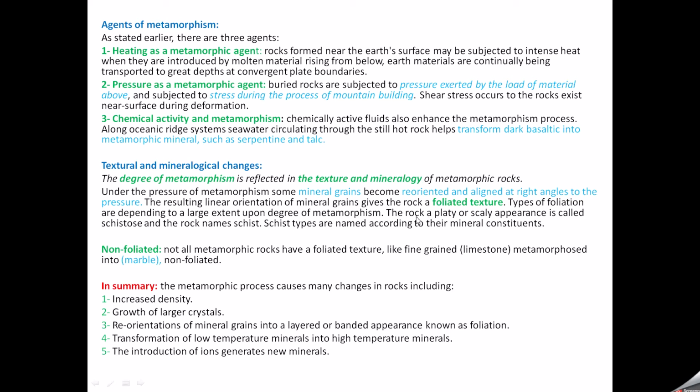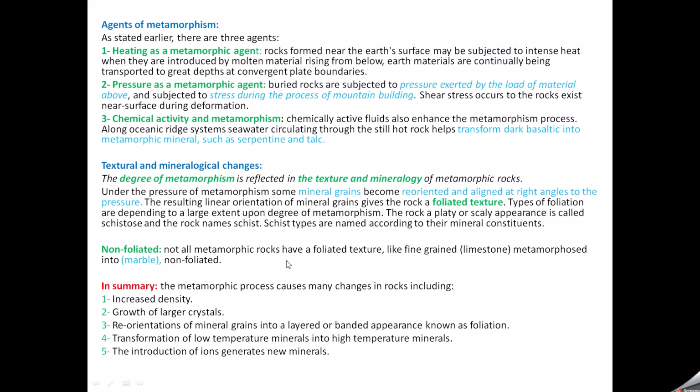The rocks of a platy or scaly appearance are called schistose, and the rock name is schist. And schists, as you know, are named based on their mineral constituents. Sometimes mica schist, muscovite schist. But on the other side, we have